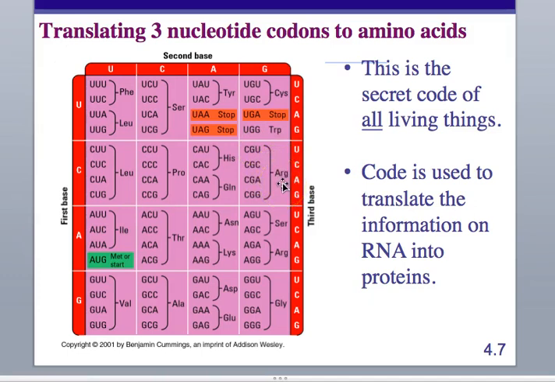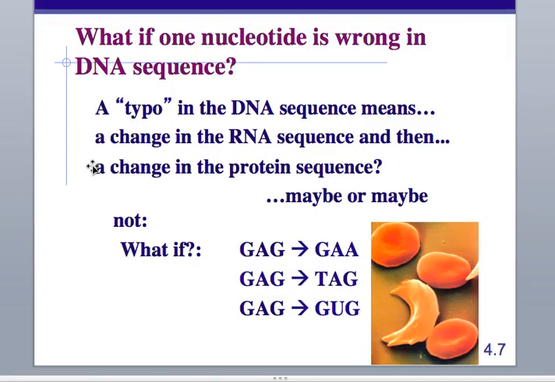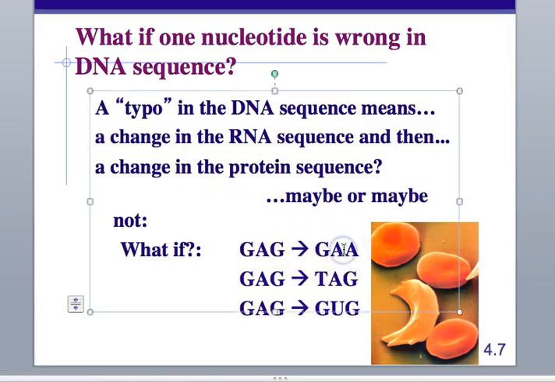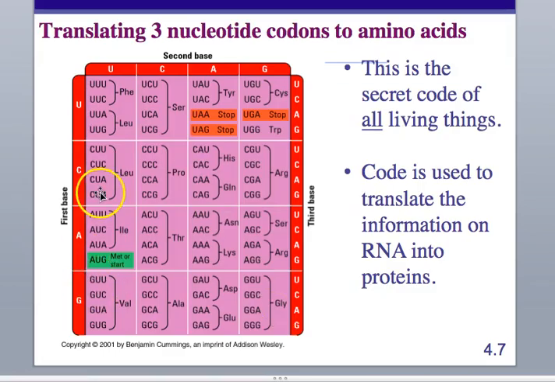But it's important to note that if it's off by a single one, you suddenly change your strand, okay? You change your potential RNA, your potential protein coming out of that RNA. So a typo in the DNA means a change in the RNA sequence, which could then change the protein sequence, maybe. So if GAG gets misread as GAA, let's go back and read. If I have GAG, it gets read as GAA, it's actually going to code for the same thing. And this is called wobble, where that last base isn't as important as the first 2.